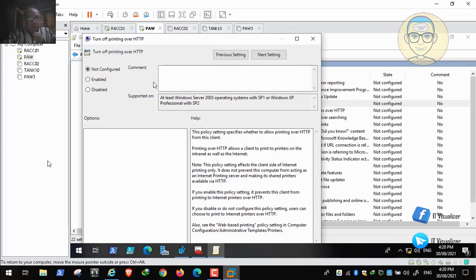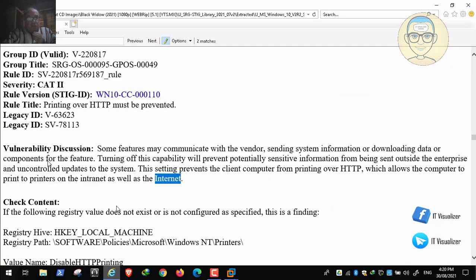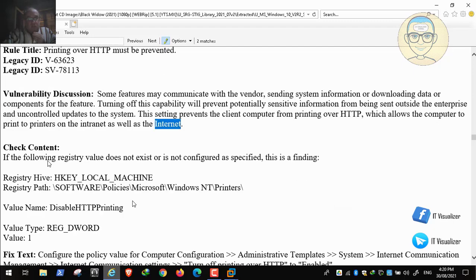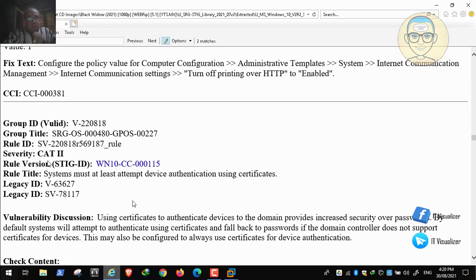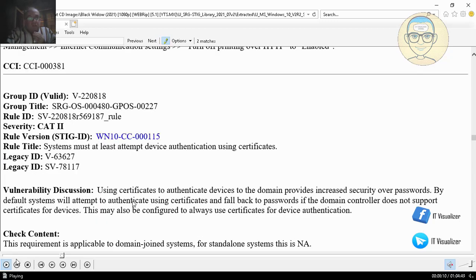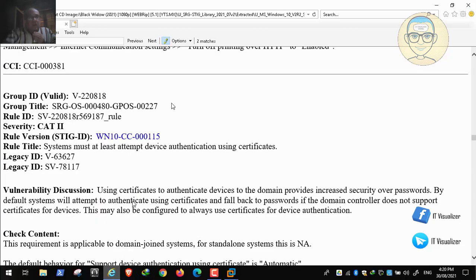So turn off printing over HTTP. We need to enable this option, and also we need to check if this is in the registry. Anyway, the other recommendation is to